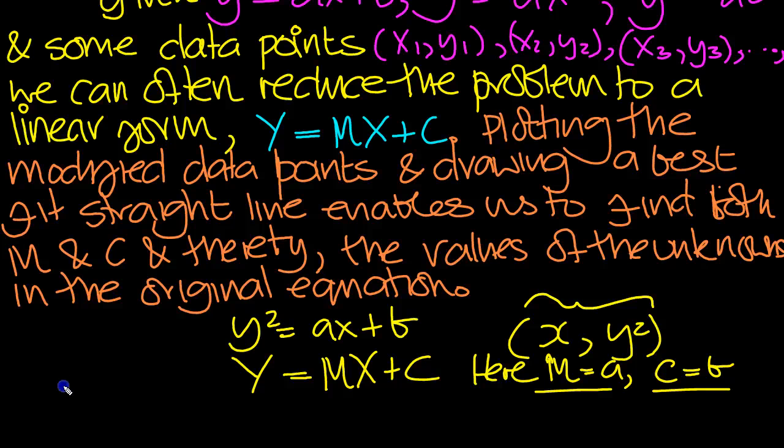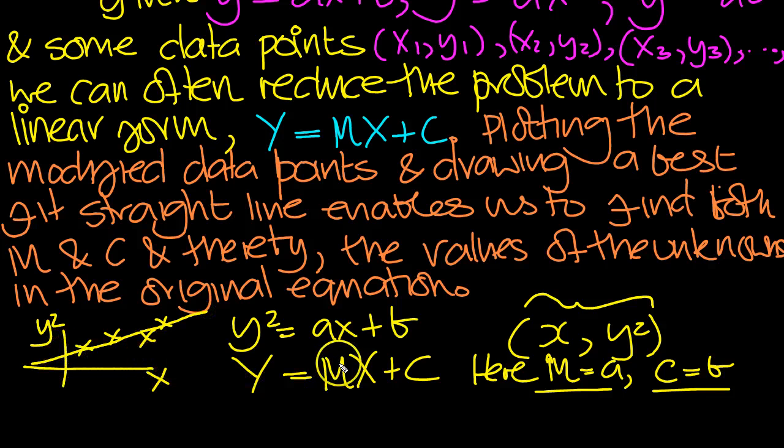We could then plot these points, x against y squared, and see if there's a linear relationship. And if there looks like there's a linear relationship, we can draw a line of best fit. We could then find out m by just measuring off the gradient, and we can measure c, the intercept. Now in this correspondence, once we've got m and c, we can work our way back to the original equation, can't we? Because the correspondences